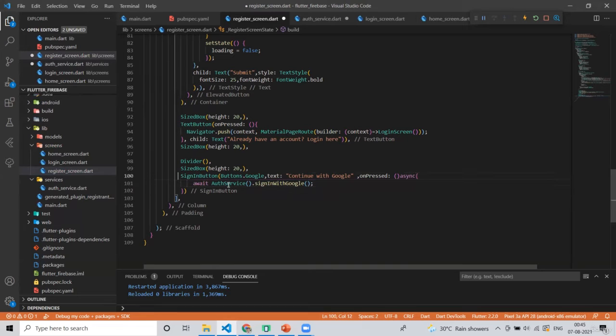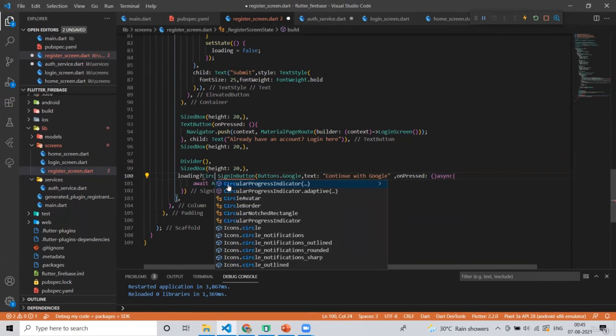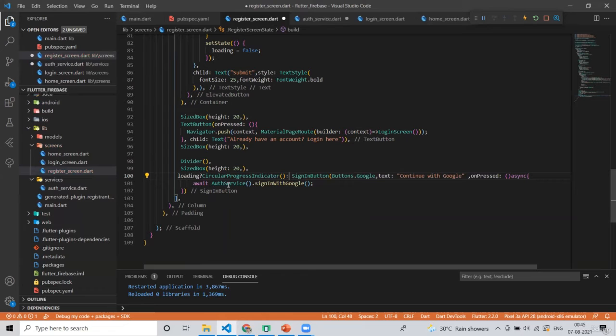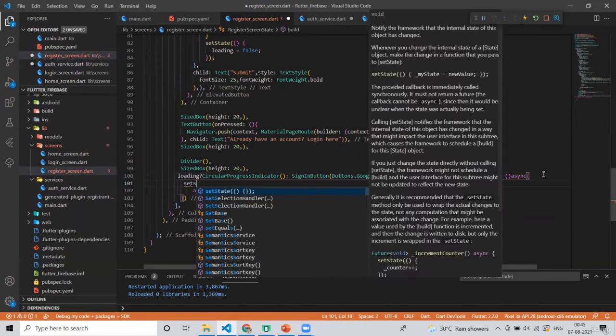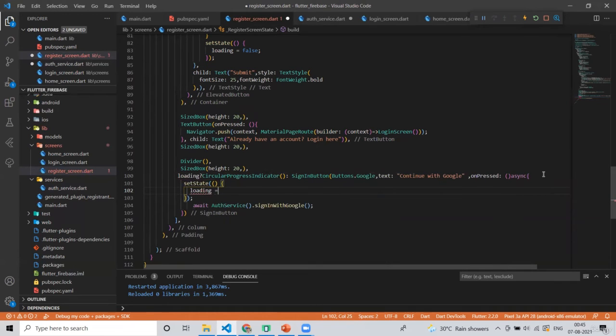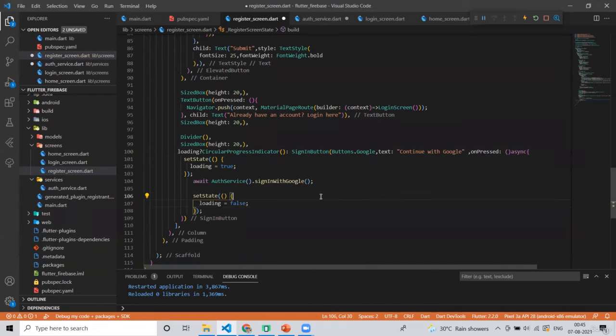But I also want the loading indicator to show. So I will just write here, if loading is true, then show circular progress, or else show this button as we did before. And here I will set the state as loading is equal to true, and then set the state as loading is equal to false. Okay, let's try it out.